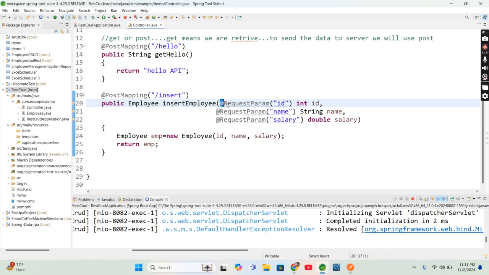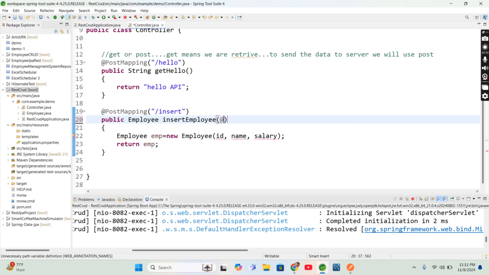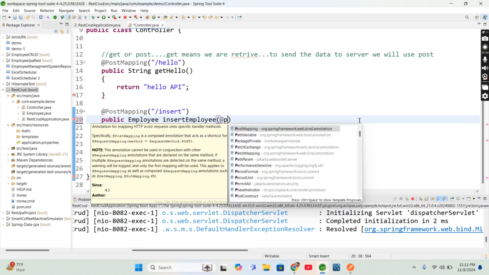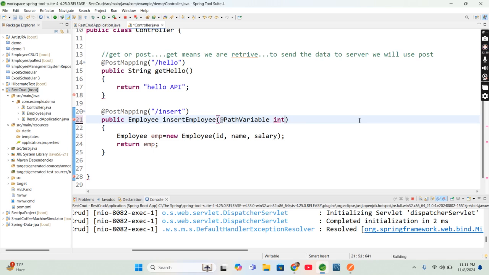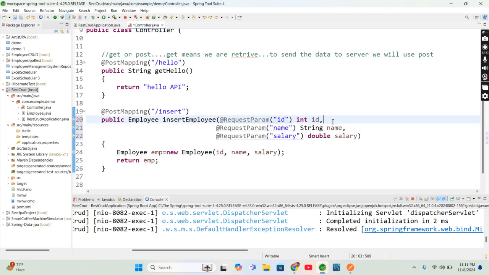But if you are not interested in using this request param, I have one more thing: @PathVariable int id, comma, @PathVariable. You can use @PathVariable. I don't want to use path variable for now, because if I use it, the video will be a little bit lengthy. Don't worry, I will explain @RequestParam and @ResponseBody again. You don't need to worry about this. Thank you for